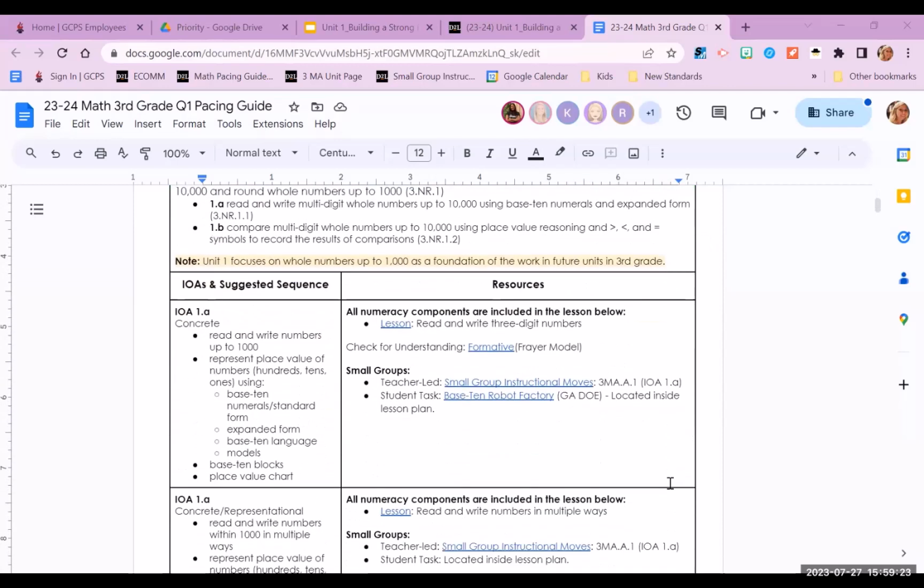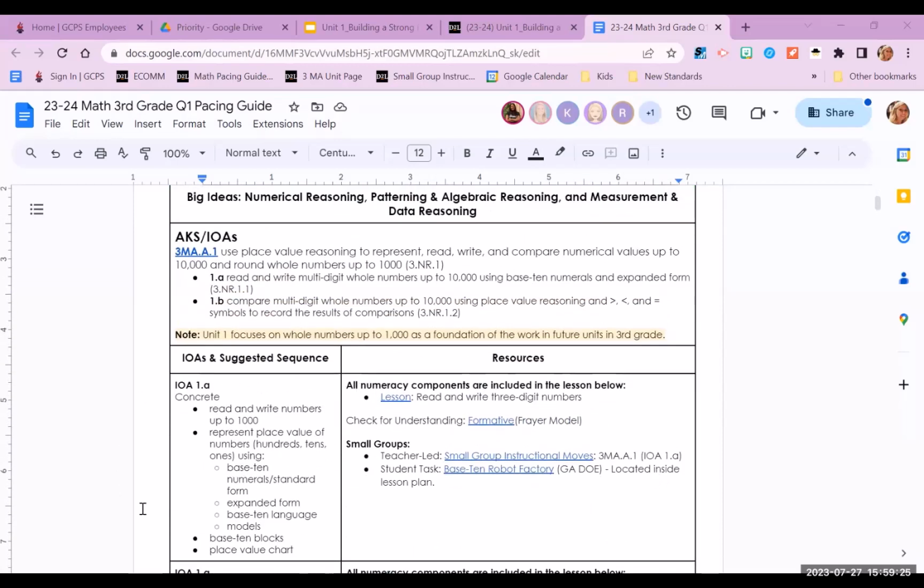As we take a look at the pacing guide, you will see that the left-hand column will list the progression through concrete, representational, and abstract strategies. The bullets also indicate the learning objective for the day, as well as the suggested manipulatives. The right-hand column of the pacing guide shows the instructional resources that align to the intended learning objectives for each